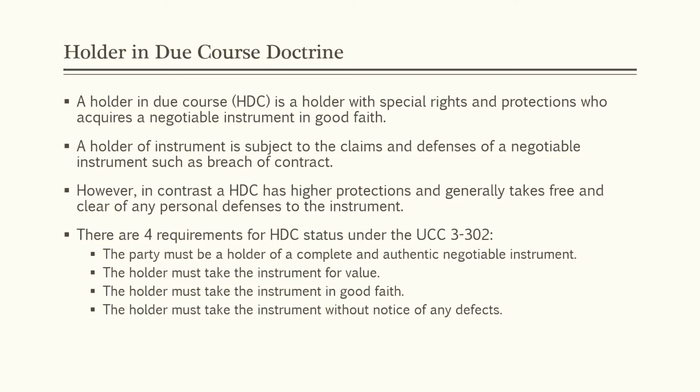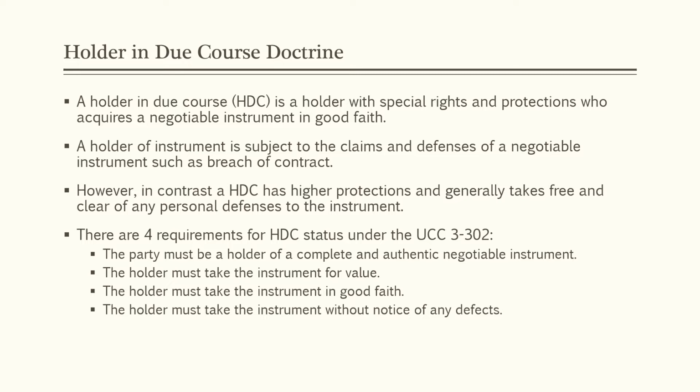For example, ABC Painting buys painting equipment and signs a note to the seller, Equipment Inc., and that's for $10,000. Equipment is a holder of the note. If Equipment transfers the note to its business landlord, Larry Smith, to pay rent, Smith can be a holder in due course of the note signed by ABC Painting if he takes the complete and authentic instrument for value, in good faith, and without notice of any defects in the note. Assuming the note is original and properly endorsed from Equipment to Smith, who has no notice of any problems or defects with the note, and who gives value in the form of rental credit, and in good faith, he is a holder in due course.